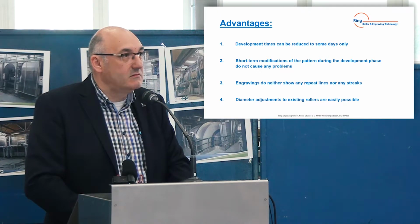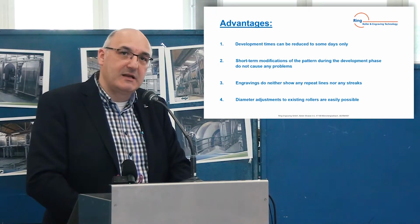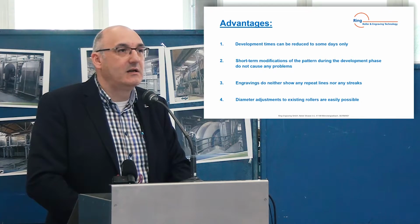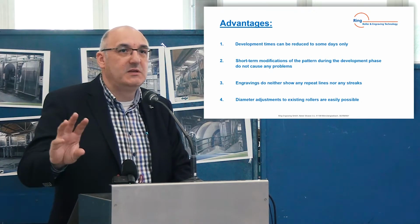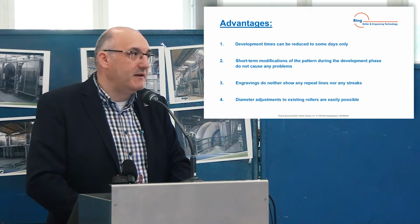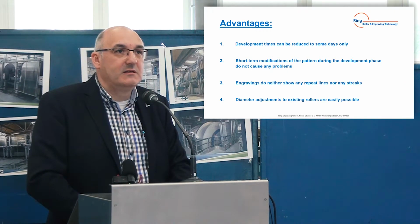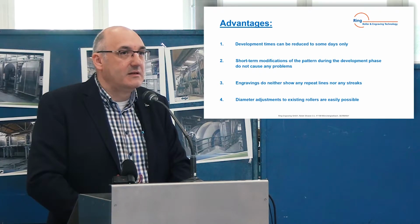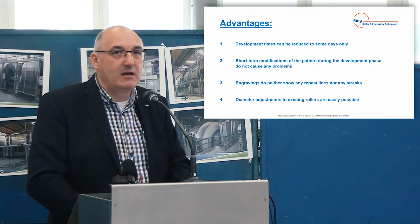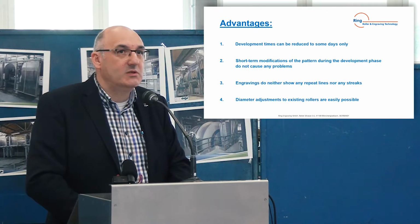Another advantage is that the engravings are without a repeat pattern. They do have repeat lines, but they can hardly be seen, as was not the case in the past. When you take a look at the old engravings, you could notice some repeat patterns reminding you of oversized stamps set at a 45-degree angle on the rollers and leaving a mark on dark leather especially. That is not the case anymore. We are in a position to correct all these faults using our black and white tools, making the repeating section